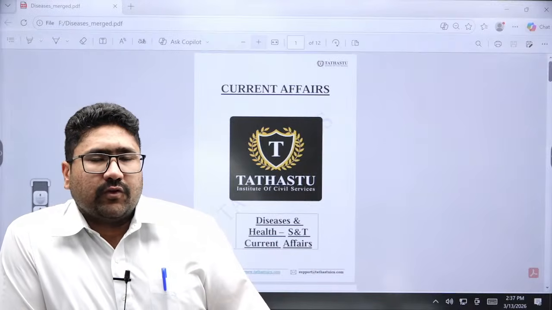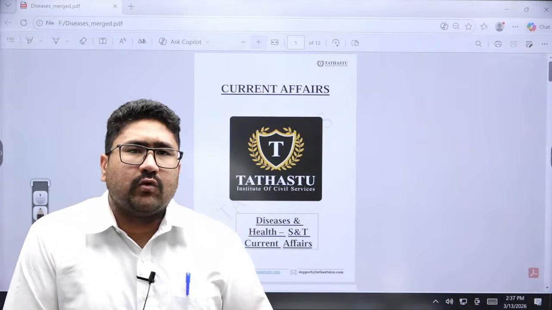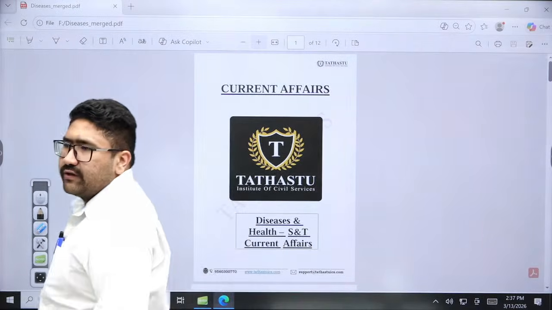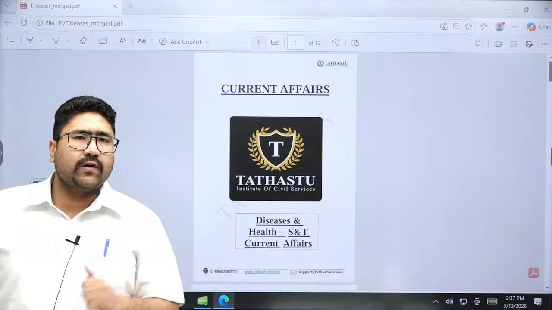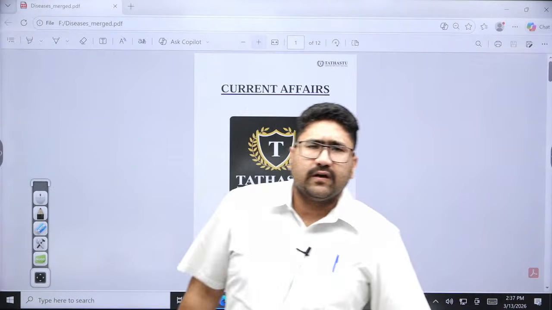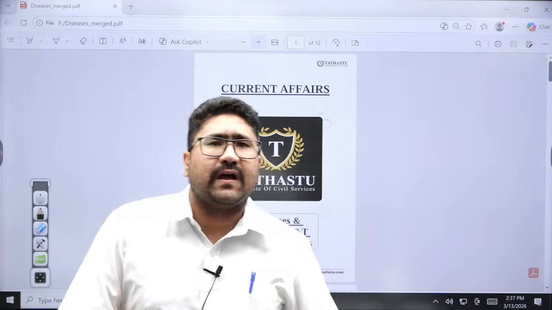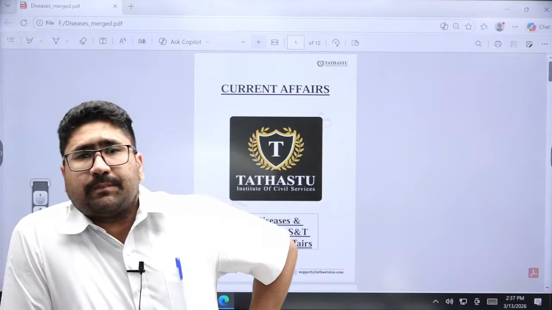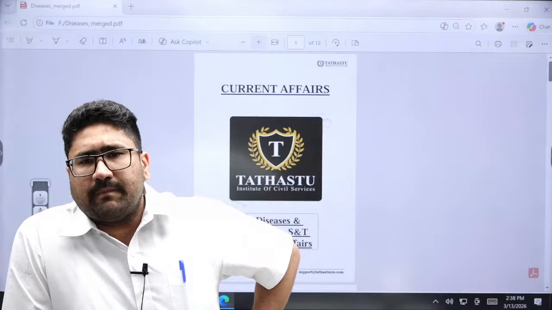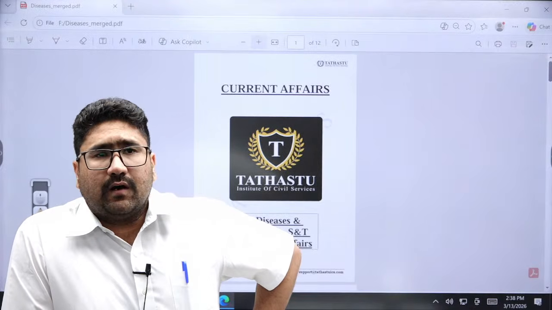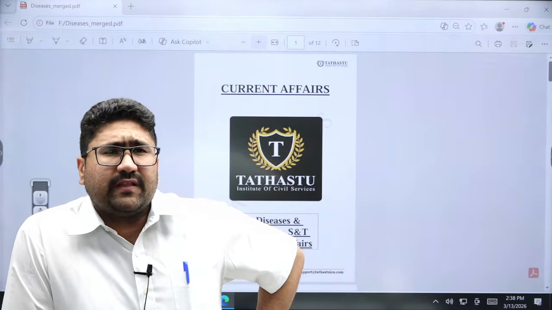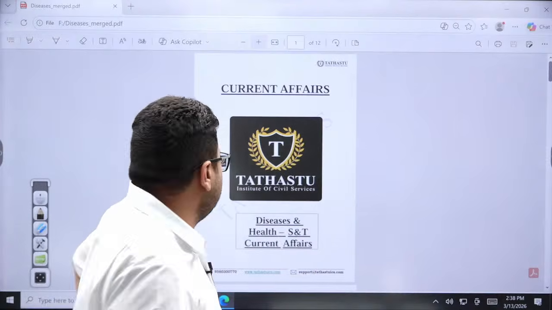Right. So today we will continue with our science and tech current affairs sessions. Yesterday we understood biotechnology. The handout has already been shared on the groups. Today we are going to continue with diseases and health. Certain different kinds of diseases are asked in the UPSC prelims examination. The diseases with respect to WHO, with respect to the Indian government, that have been eliminated, or that have been referred to in the news, we are going to understand in this session. So without wasting much time, let's begin.